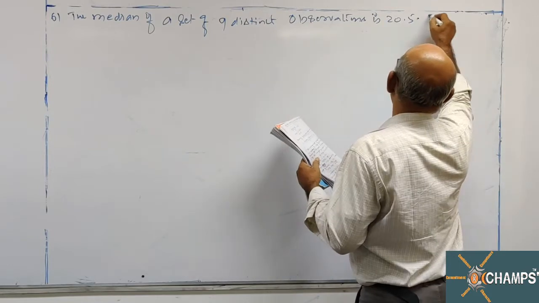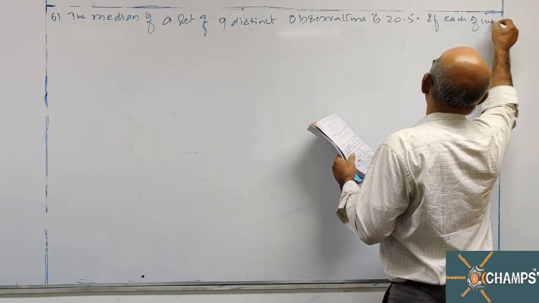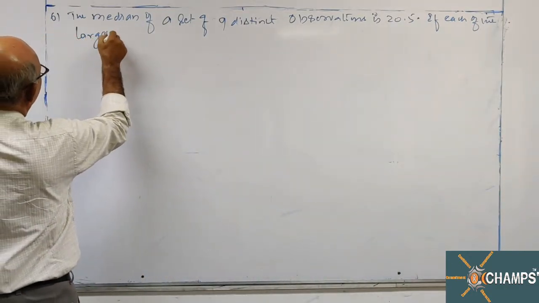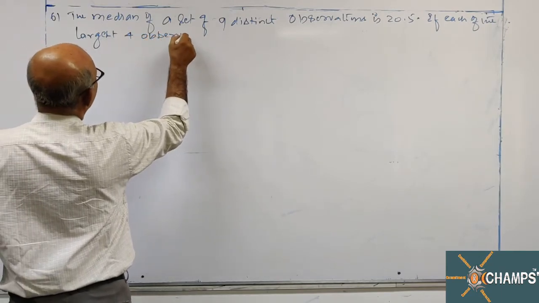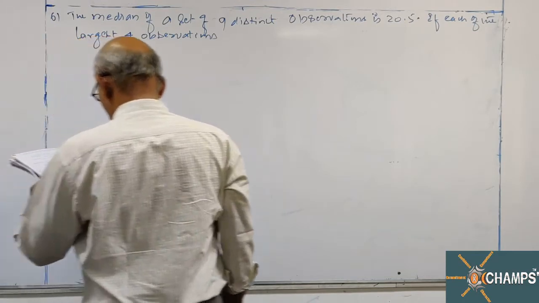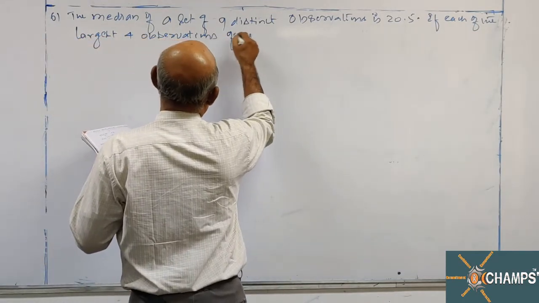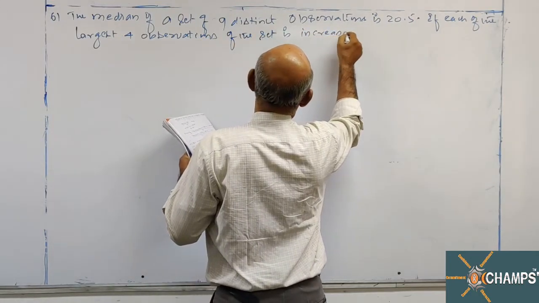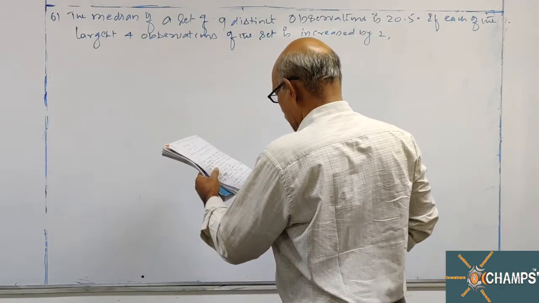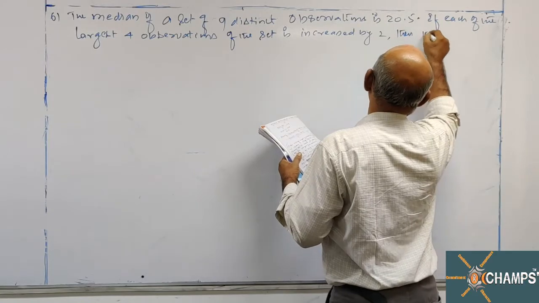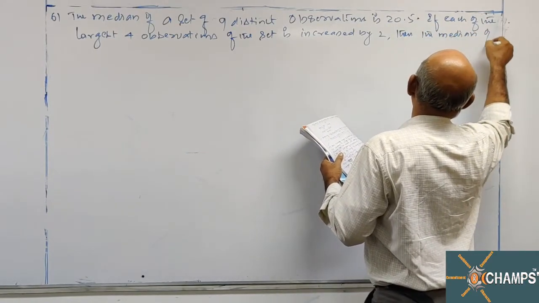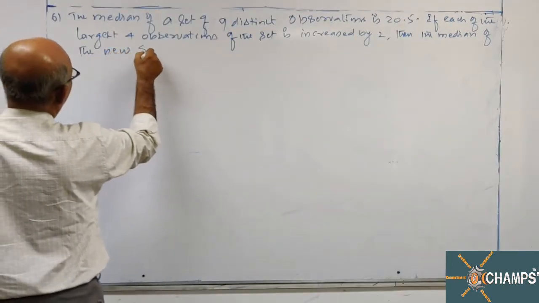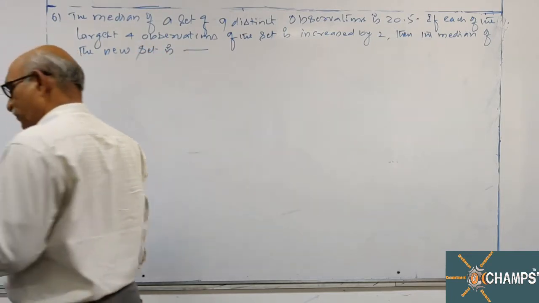If each of the largest 4 observations of the set is increased by 2, then the median of the new set is: median of new set is